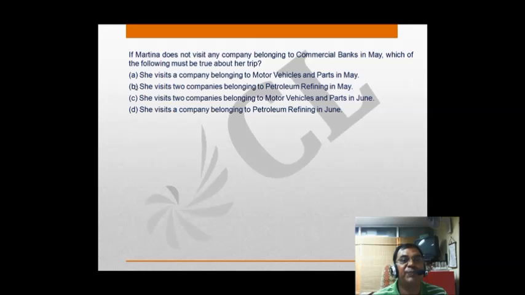Which of them must be true about her trip? Okay, the motors have to be done. Company belongs to motor vehicles and parts in May. Okay, no, I can go for June also. If you remember the combination